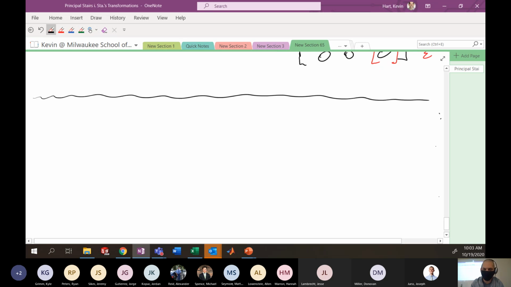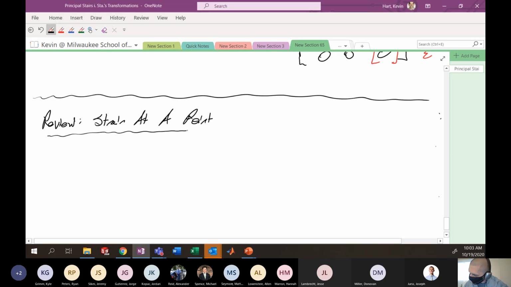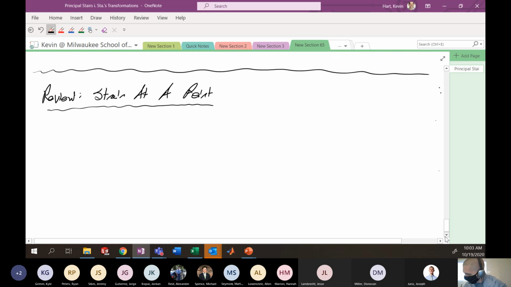We'll start in the strain transformation notes, and I'm going to pick it up where I left off. We're going to do a quick review of what strain is, both axial strain and shear strain. So, review here: strain at a point. In your 2004 class, you should have talked at least somewhat about strain. The first thing we can talk about is one-dimensional axial strain.